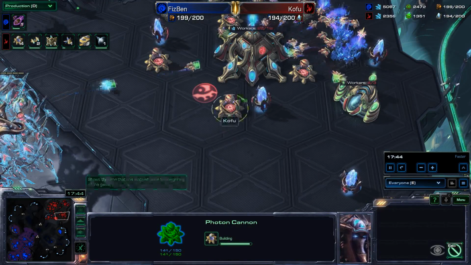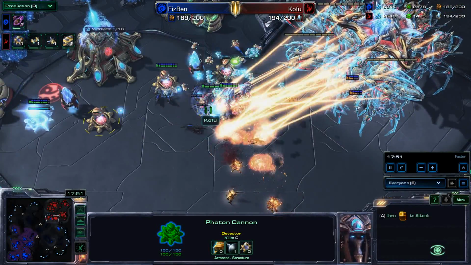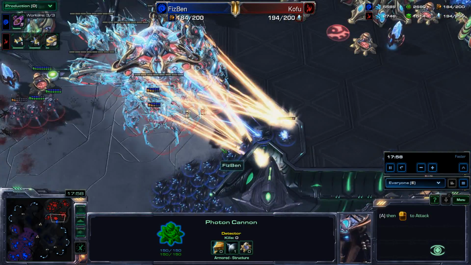Does he have any? He has 2 here. We know we have this cannon in this main, so I'm not sure what they think they're going to accomplish. The Lings run right on in. I guess they're going to try to take a Stalker with them. Can they get it? No, they can't even get a single Stalker. It's a distraction, and their Roaches...